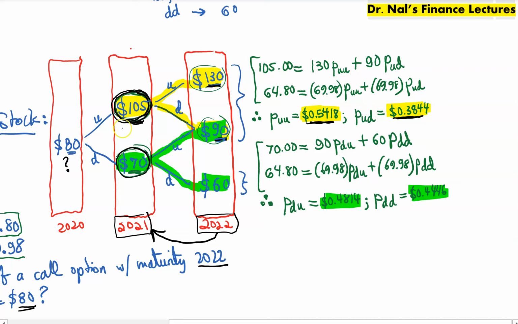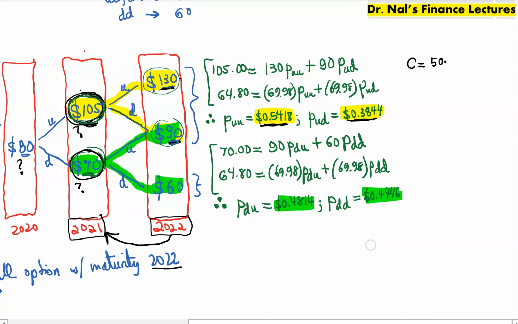But what I will do is calculate the price of the call option if we ended up at that point versus if we ended up at that point. If this point realized, what would have been the value of the call option, for how much price the owner of the call option can sell it for, right? That's what we are doing right now. And the value of the call option in that case would have been, well, because if this state realized, 130, because the call option has a strike price of $80, it will have a $50 payout, 50 times the state contingent claim, which is PUU,